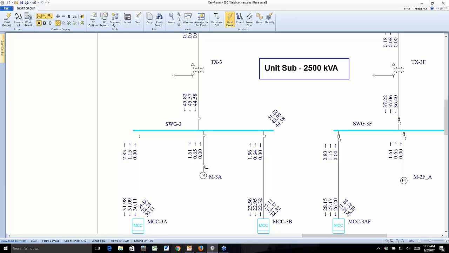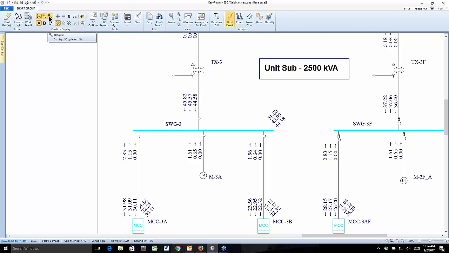Induction motors contribute fault currents initially, but that contribution dies off quite quickly. So that's the meaning of the different fault networks. This becomes important. The half cycle and 5 cycle are important for medium voltage breaker calculations and some relaying applications, and the 30 cycle is mainly used for relaying of medium voltage, high voltage systems where you might have relays that are fairly slow, backup overcurrent protection, when you want to see what the current's like after a certain amount